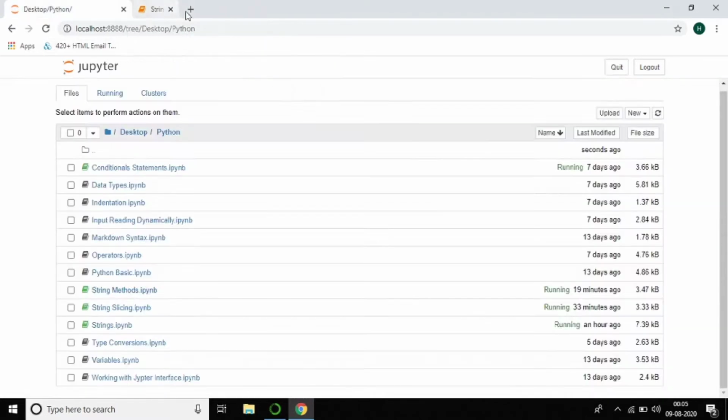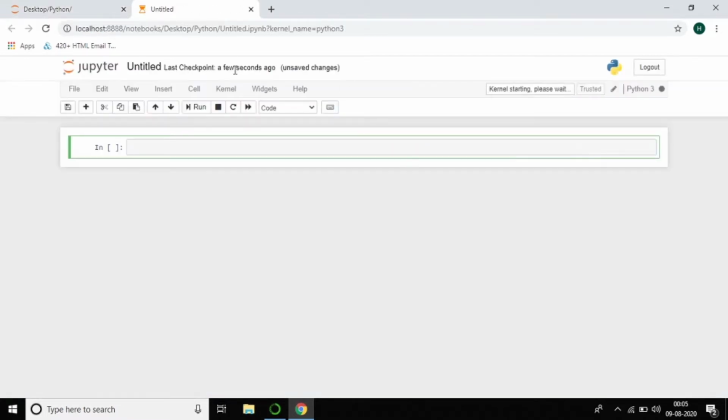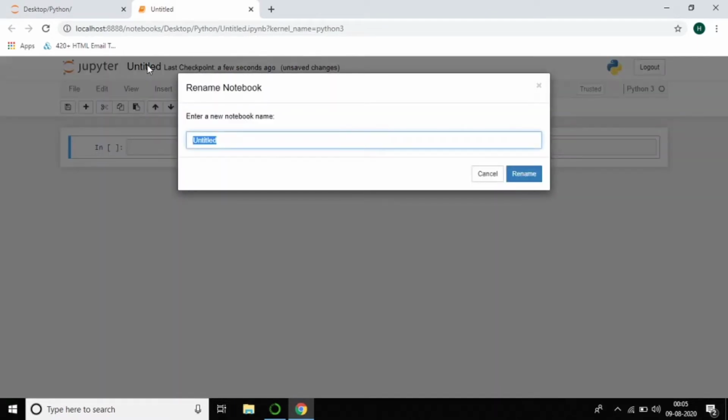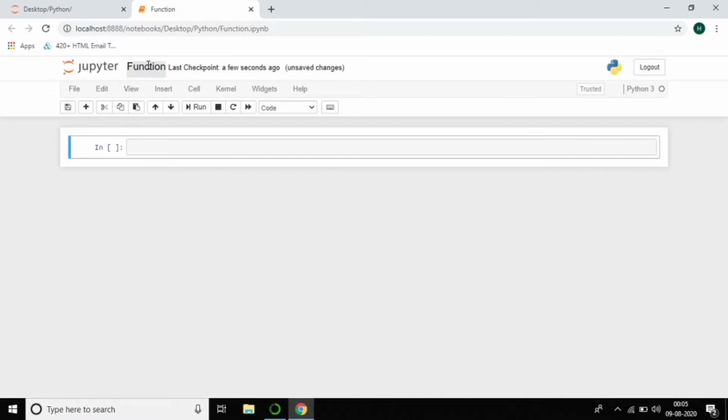I'll close this file and create a new file called functions. Generally, why should we use functions in Python? What is the use of functions? The main use is that if you want to use the code again and again, instead of writing the same code again and again, you can use a function. You just call the function and you can reuse the code.